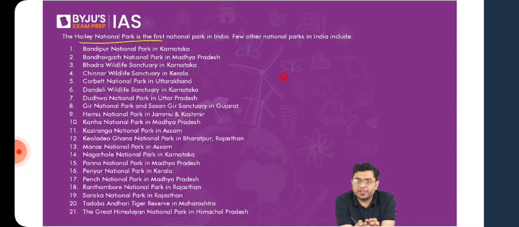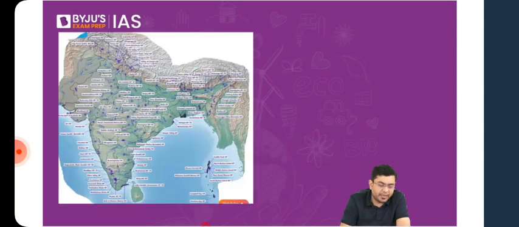It is presently in the state of Uttarakhand. So you have various different national parks which are out there. So this is a listing of the national parks as per the map, but obviously you would not be able to figure out much from here. What I would rather suggest to you is that you also rely on the same website, that is wiinvest.nic.in, for the detailed list.